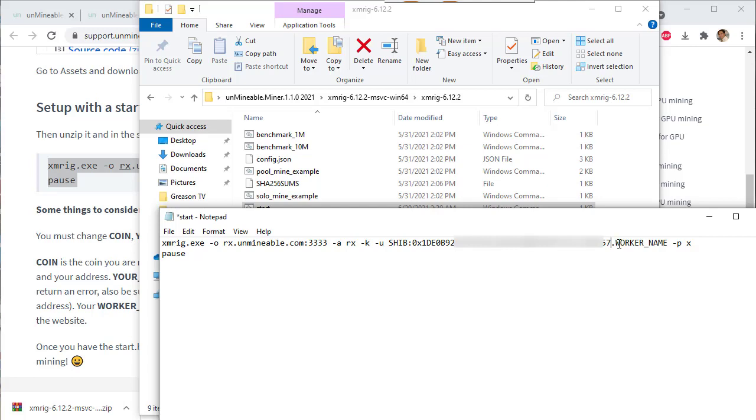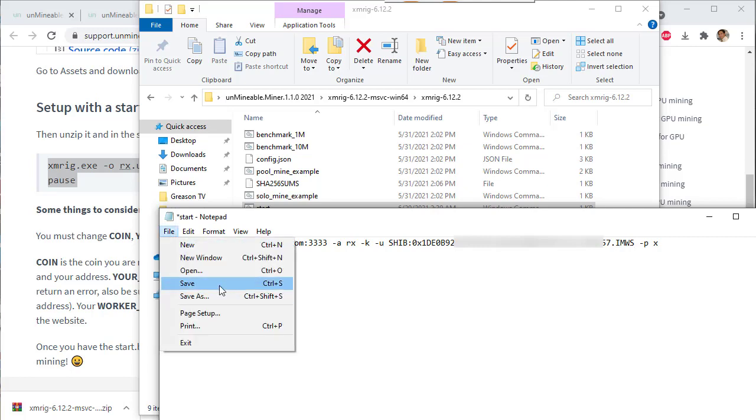And then change this worker underscore name, only until here, and name it anything you want. But for me, I will just use my computer name. So I will just put this like this. And then after that, click on save.